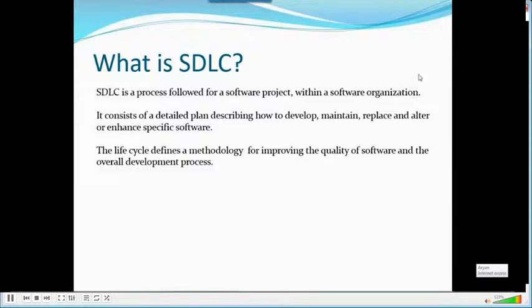This is one of the most important ones, guys. 100% interview question. So what is SDLC? Let's see what is called SDLC. SDLC is the process followed for software projects within a software organization. Every organization follows the SDLC process. Let's see what exactly the SDLC process is. It consists of a detailed plan describing how to develop. Suppose we got the project, how to develop and how